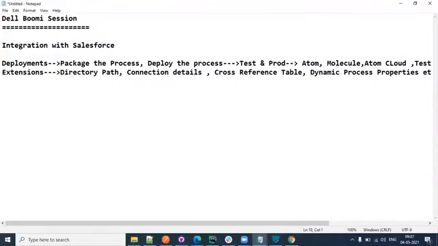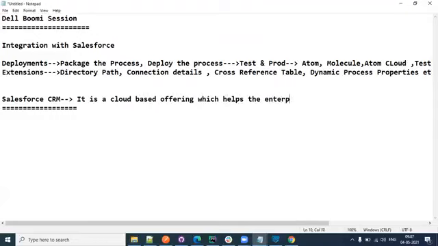Now I'll put a pin on the process we have been working on. We will revisit it; we are yet to enhance the error handling. But I just wanted to bring in a new system of record, which is nothing but Salesforce. Salesforce has multiple offerings, and the one we are going to talk about right now is Salesforce CRM. It is a cloud-based offering which helps enterprises to maintain and manage the